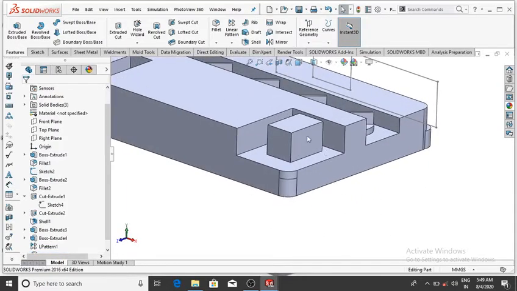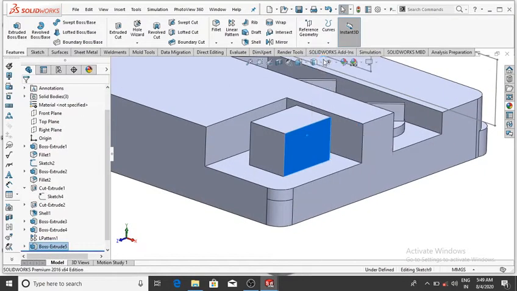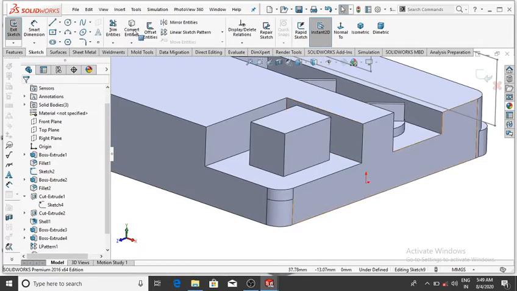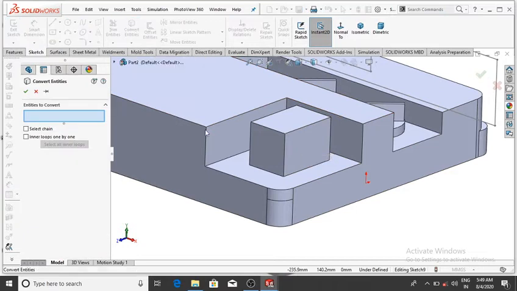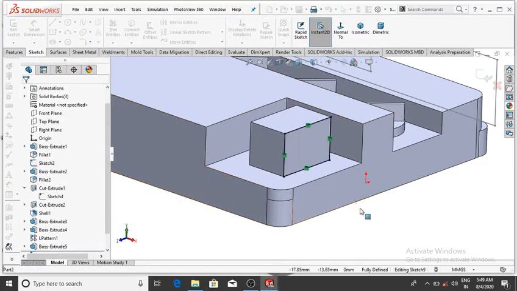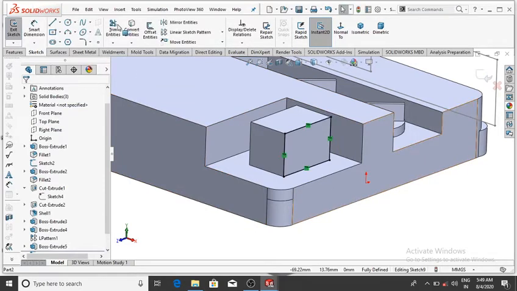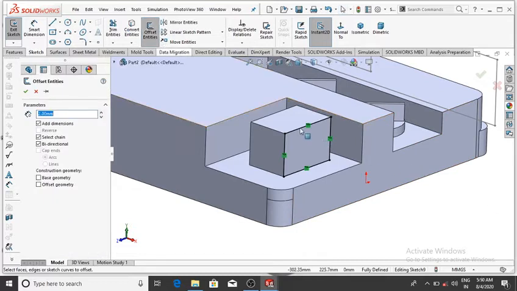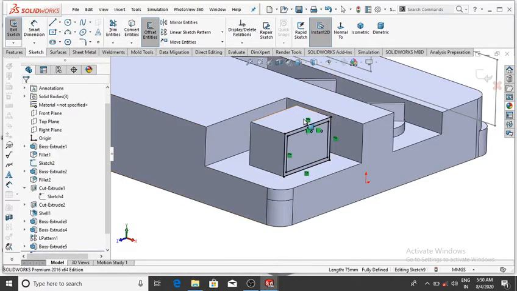Again on this face, select this face sketch and make it convert entity. So simply select convert entity and select this face and make the offset of 4 mm. Go to the offset entity and select this sketch, the gap will be 4 mm, but it is not bidirectional, so make it reverse direction, then OK.